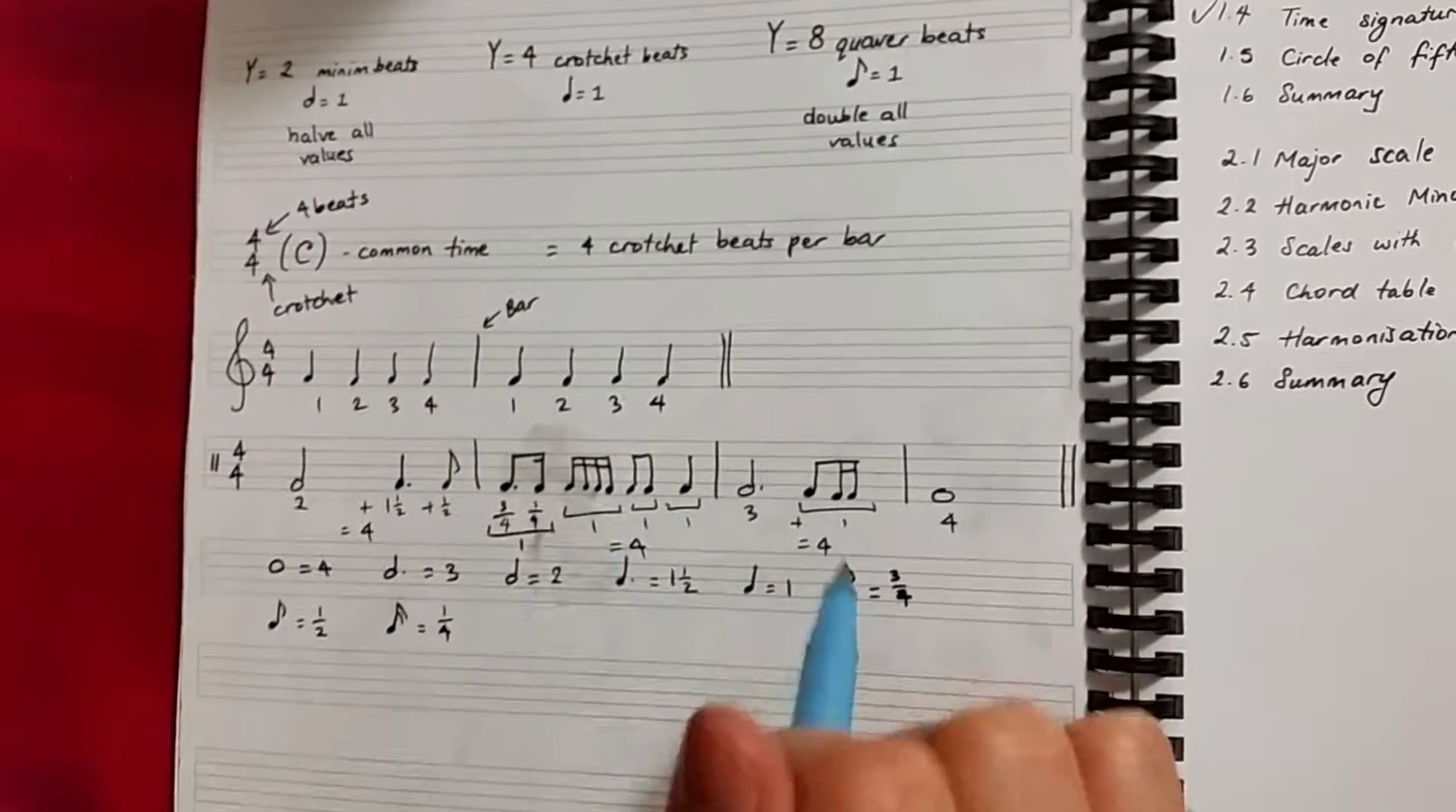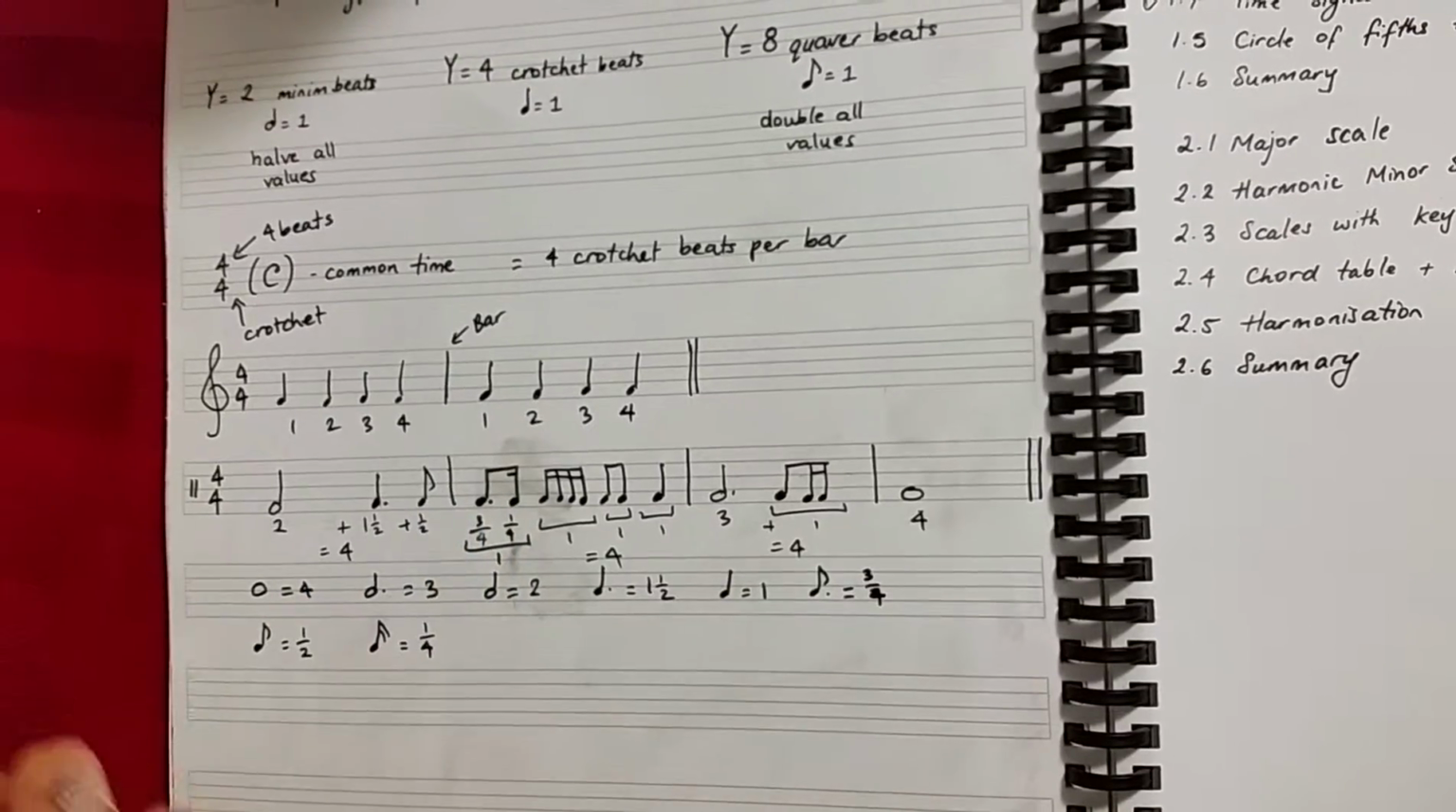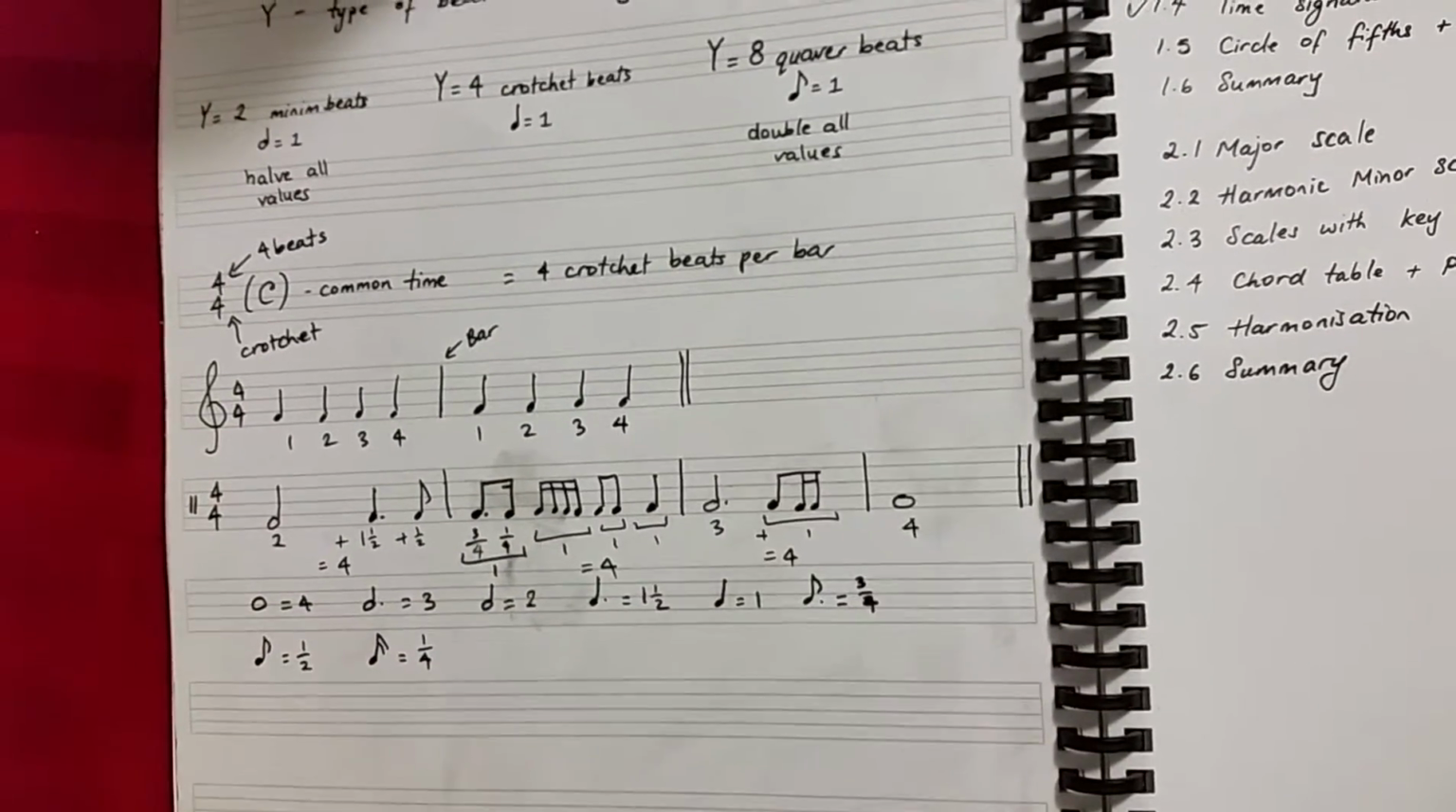Now this is what I'm expecting to get an A. I want you to use as many different note values as you can. Of course, you don't just have to use notes, you can put rests in there as well. So if I want